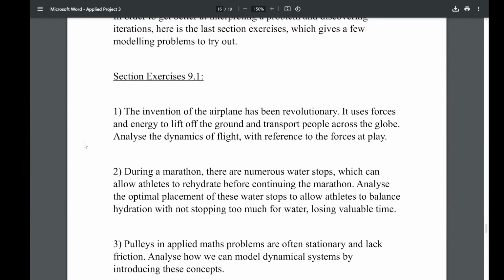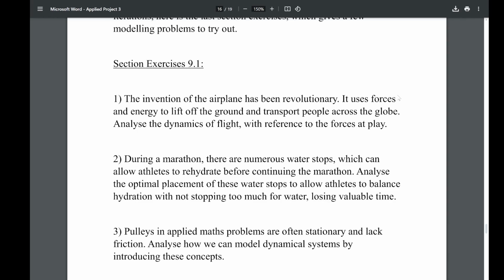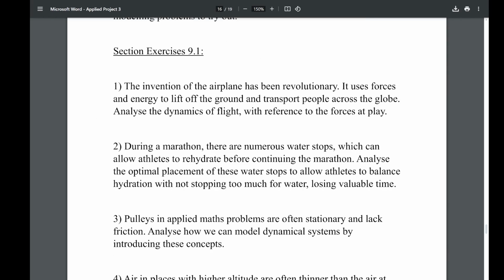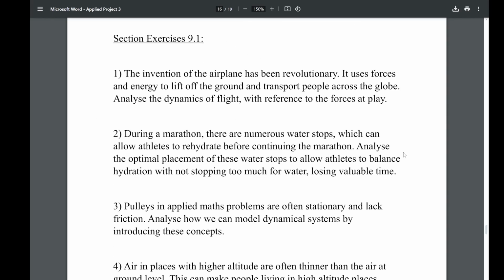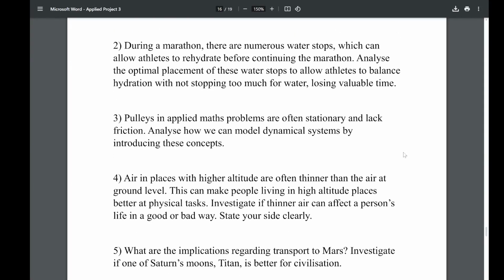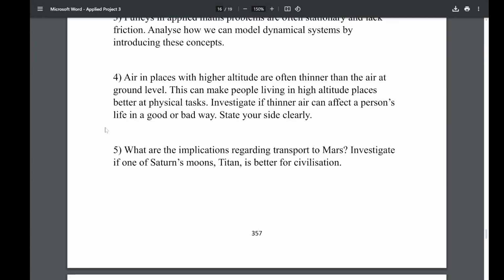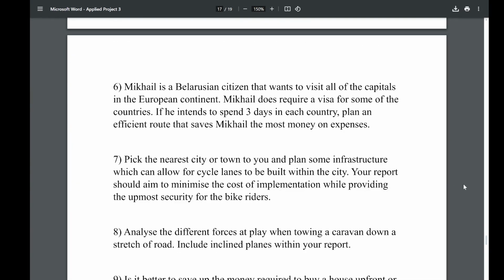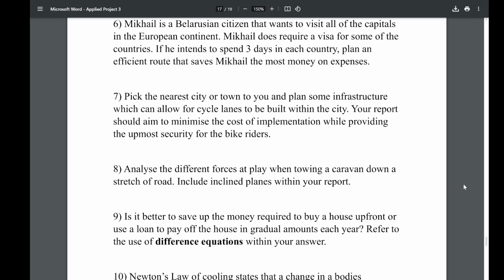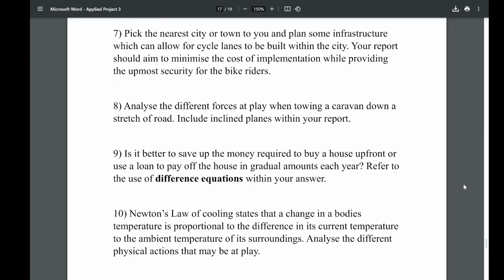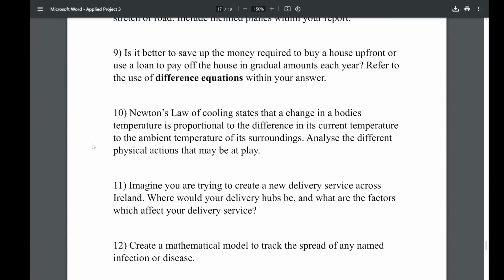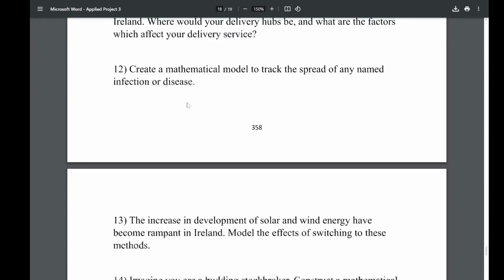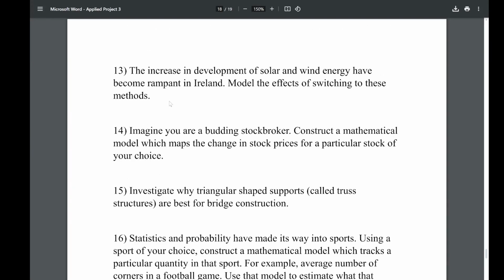So I have a couple of ones here if you want practice, especially if you're in fifth year. So there's one about airplanes, there's ones about marathons and optimization, pulleys, altitudes, then talking about new civilizations, some visa stuff there, bike lanes, difference equations. Newton's law of cooling is kind of a popular one in my book. I think I have like 4 questions on variants of Newton's law of cooling. Delivery services, infections or diseases. Obviously very